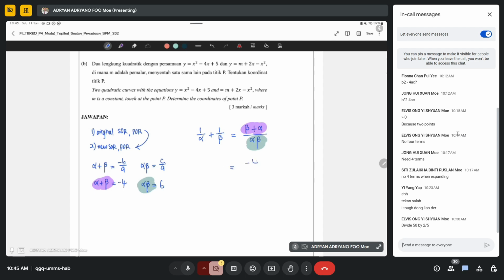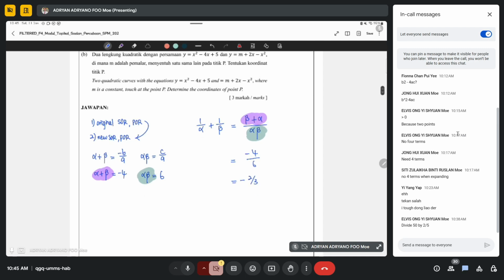Negative 4 over 6 then you simplify 哦，negative 2 over 3 这样子看到吗？它一定会 relate to your original SOR. 一样的 1 over alpha 乘 1 over beta，我拿到多少？等于 1 over alpha beta，看到吗？